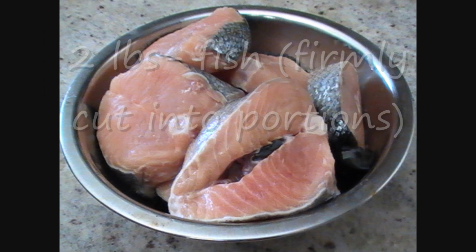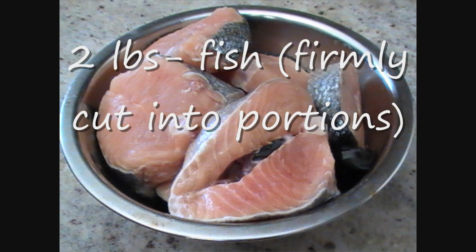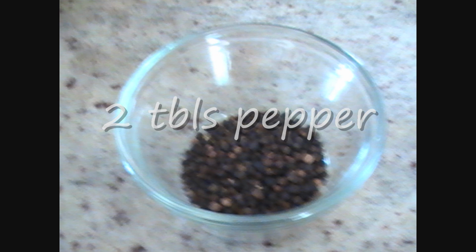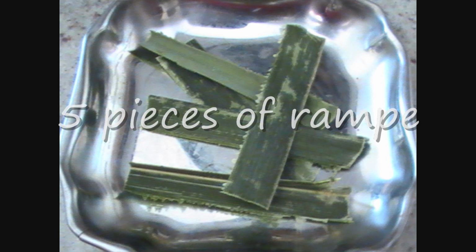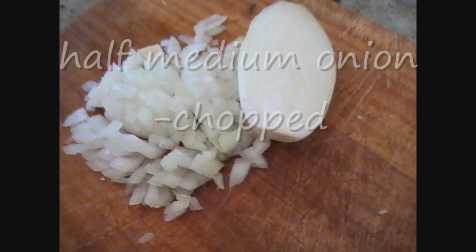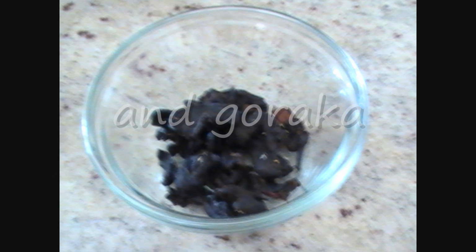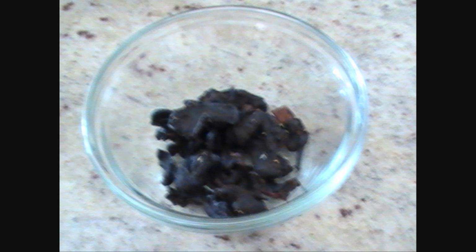Here are the ingredients you will need: 2 pounds of firm fish cut into portion sizes, 2 tablespoons of black peppercorns, 5 pieces of rumper, half a medium onion chopped, 1 whole garlic, cloves separated and coarsely chopped, 2 sprigs of curry leaves, 1-inch piece of ginger coarsely sliced, and 3/4 cup of goraka, that's roughly 1 large handful, and